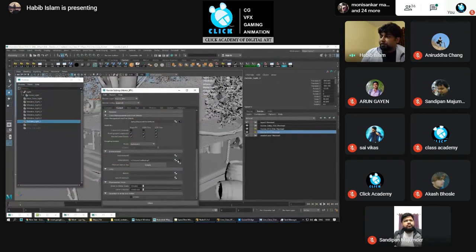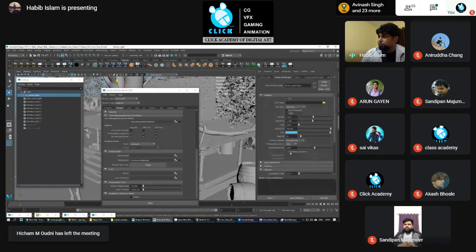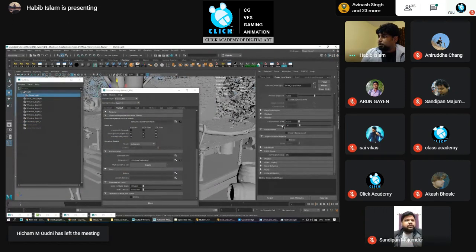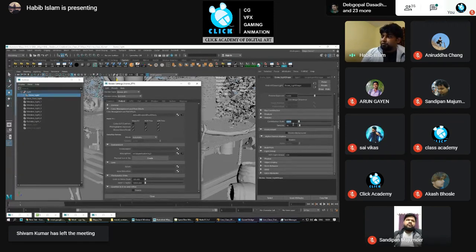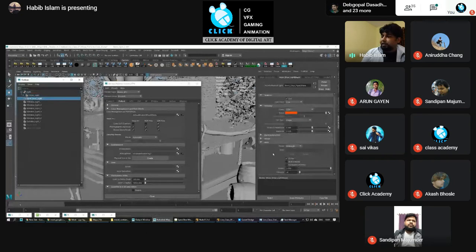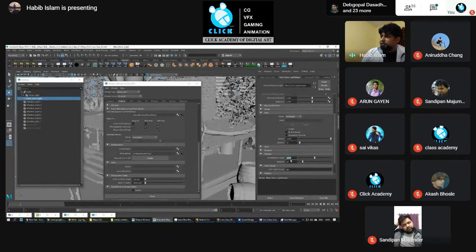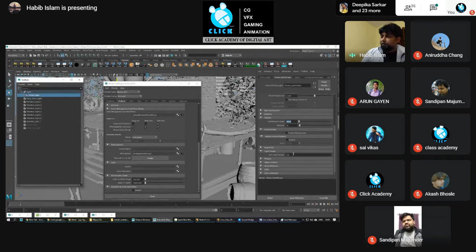So atmosphere is created. Then in all the light settings, you'll get one contribution tab, volume. If you switch on that volume and put any value, that light will render the atmosphere. So each and every light you need to switch on the volume contribution. Like in this light, I've added more value. In the environment light, I've kept less value.